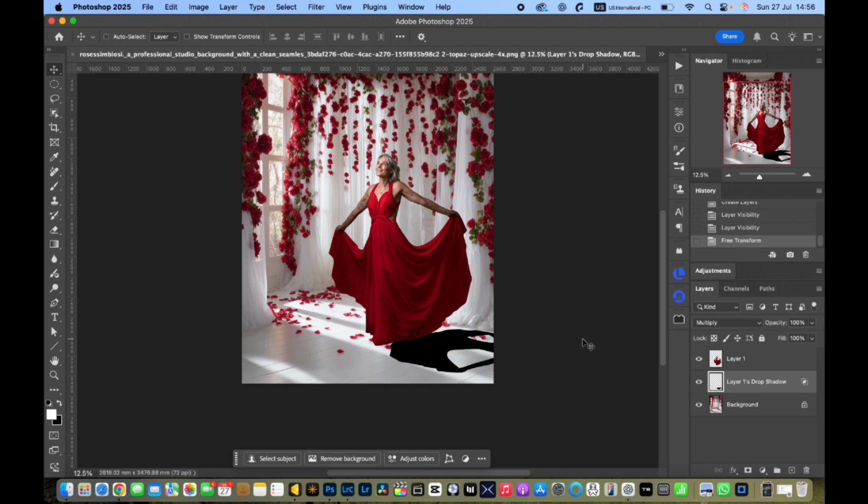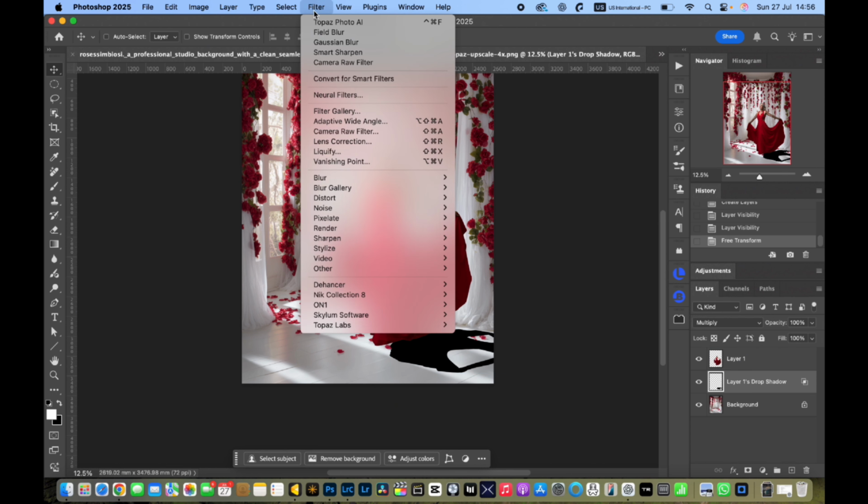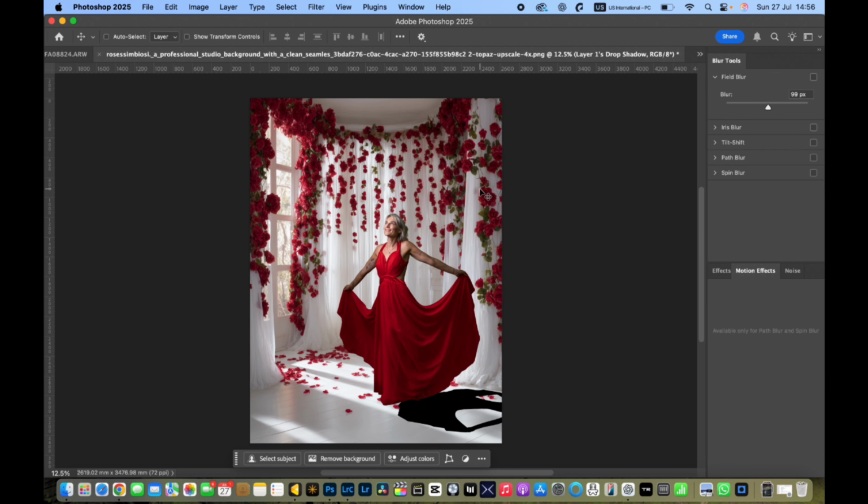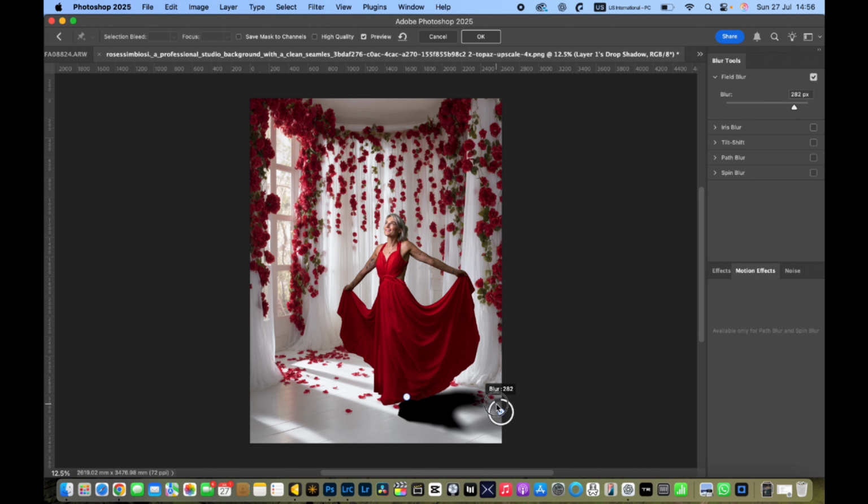Let's say that we are happy like this. Now it's obviously too strong. What we want to do is to blur, and usually what I do is go to Blur Gallery, Field Blur, which allows you to create a controlled blur from a beginning to an end. For example, normally in real life the shadow will be more blurred going far away